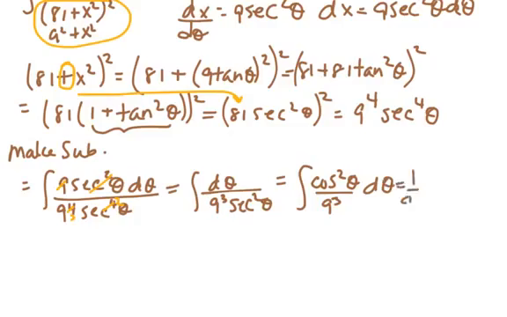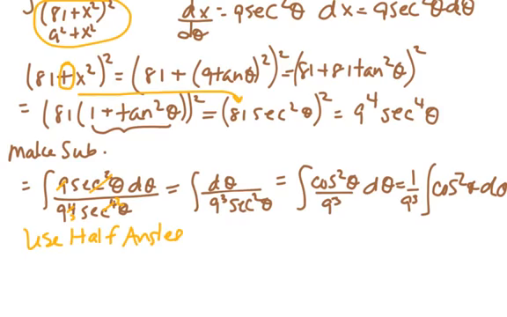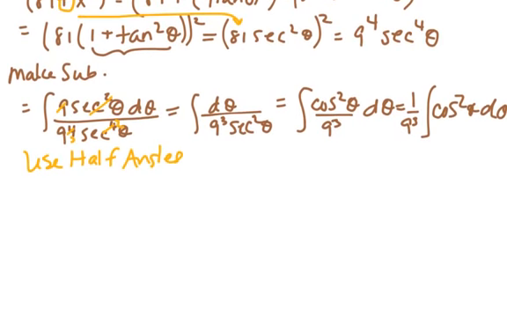So I'm going to pull out the constant, and I'm left with cosine squared theta d theta. Now this is the trig integral that we've seen before, and we know we need to use half angles. So let's use half angles on this. These problems are very lengthy, which is why I need to video as much as I can, or we'll never get through more than just a couple in a class period. So using half angles, I get